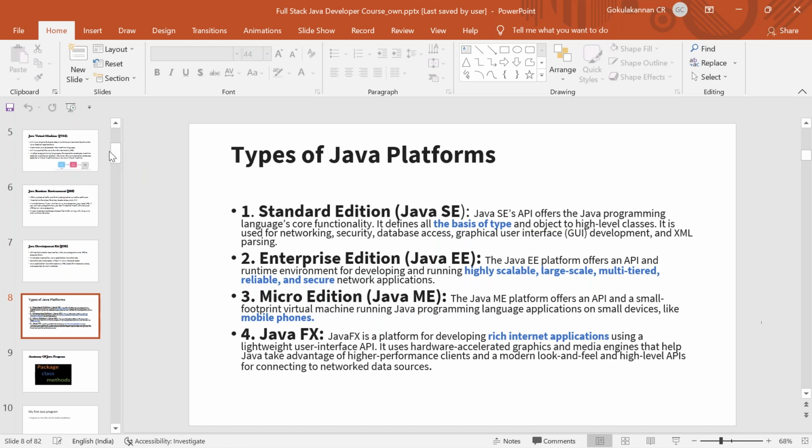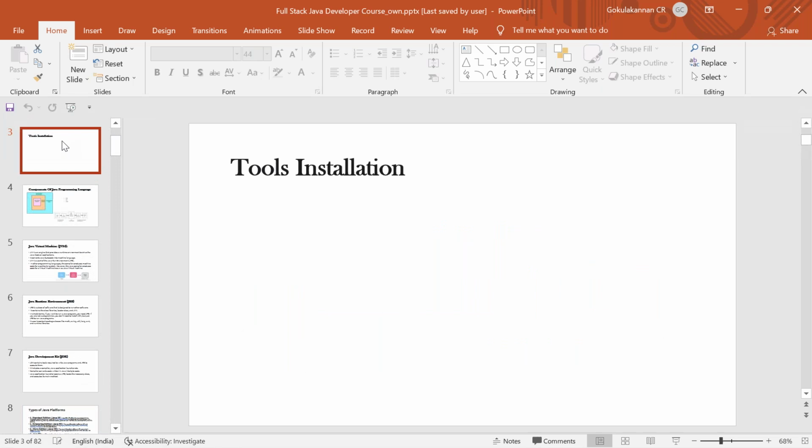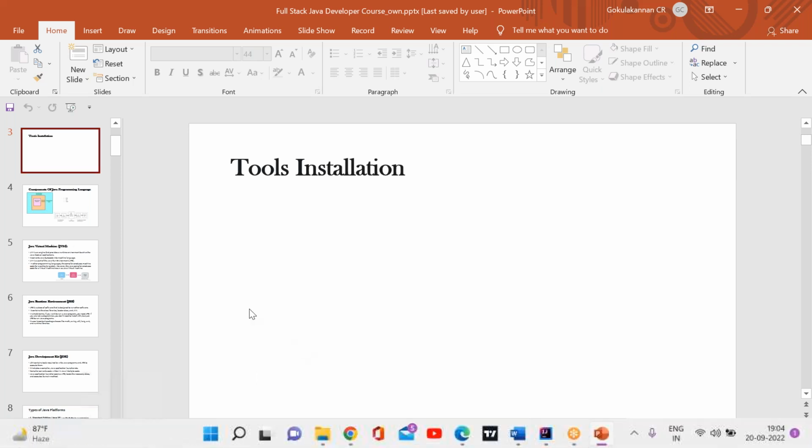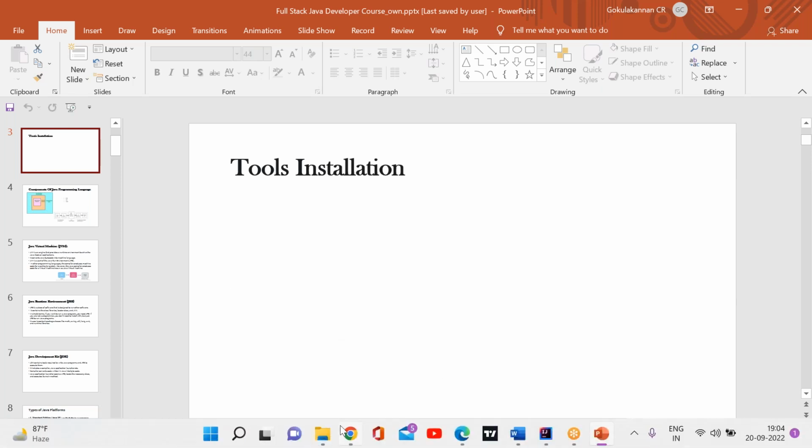Again, so now we are going to see tools installation. So here there will be some classes available. Like some people will say I have a separate machine. Some people will say that I don't have a dedicated machine. So we will see how we can handle both this type of students. First thing, I will cover a student who doesn't have a laptop. For core Java alone, yes, we can somehow manage. So what we can do is, you can open your browser and in the